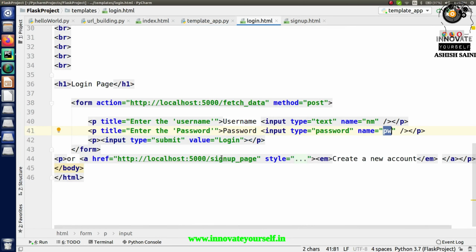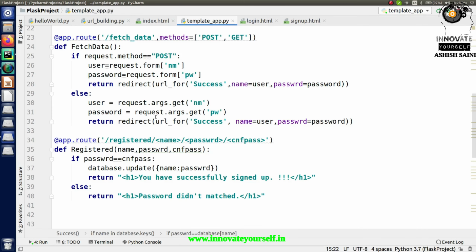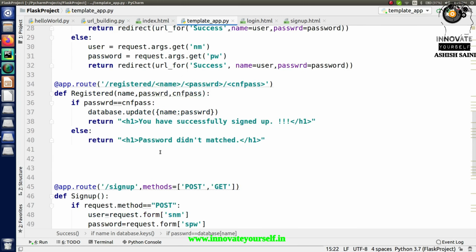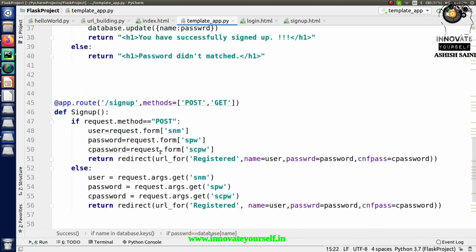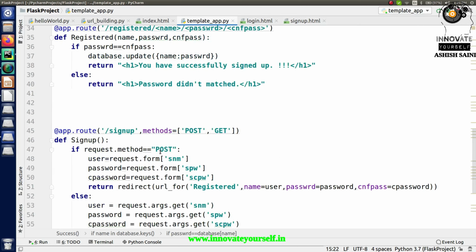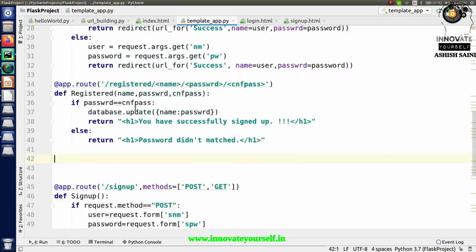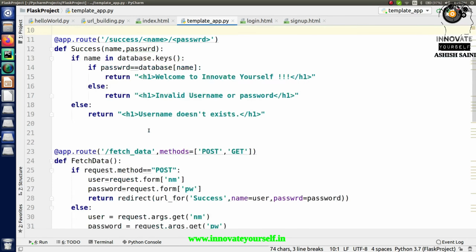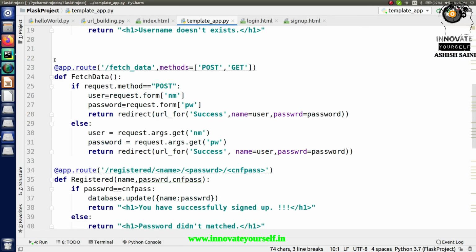So in here I have to change this part, because I want to change it to the sign up part. So for that I have to create one more page, something like this, right? Otherwise I will not be able to redirect it.